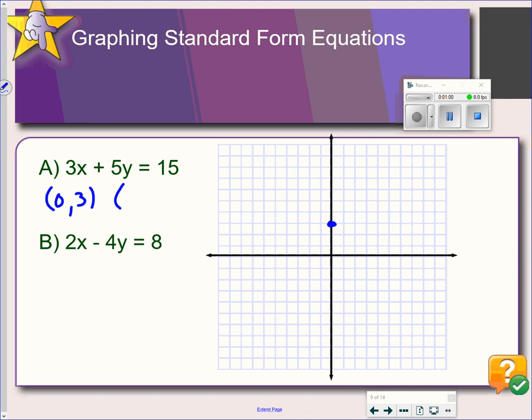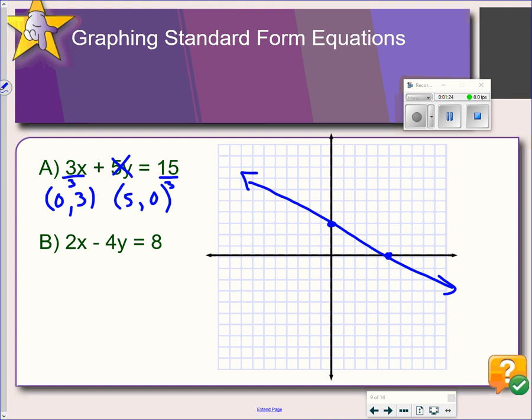Then we will do the same thing with the y. We'll make y be 0. So 5 times 0 is 0, and the y is eliminated from the equation. So solving what's left, we get x equals 5. So we have a point at 5, 0. And then 2 points determine a line, so we can just draw a line right through here, and there's our